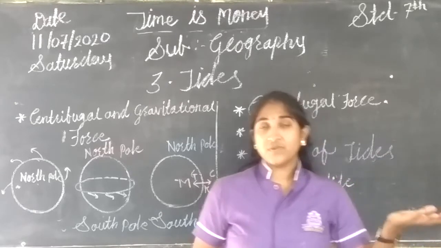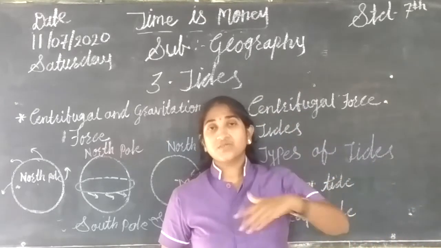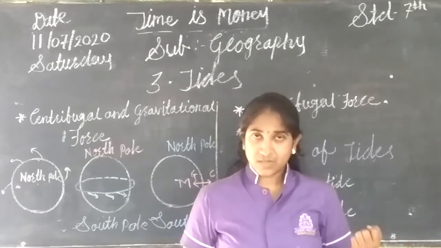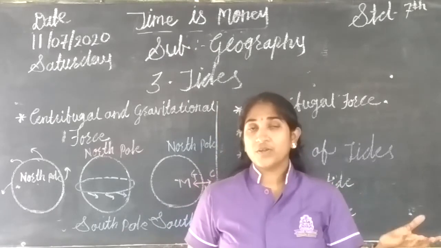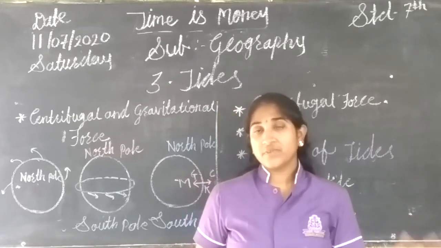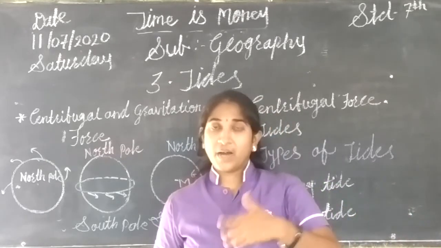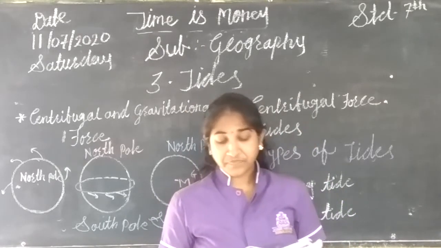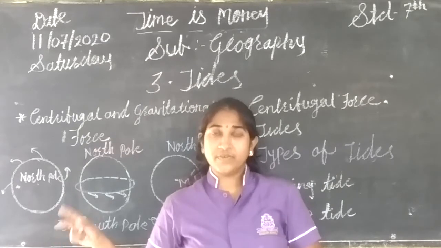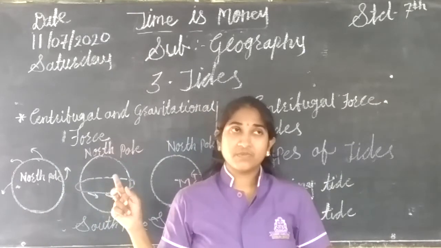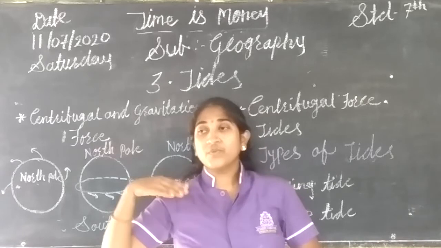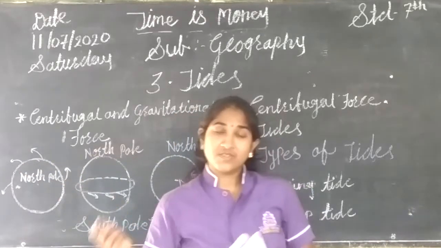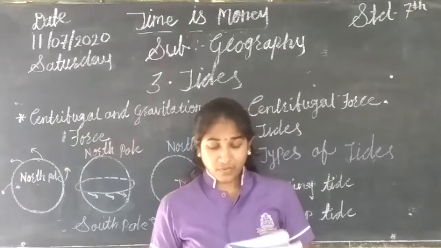What is the centrifugal force? That means it works totally opposite to the gravitational force. Gravitational force attracts things to itself, to the center. But centrifugal force keeps things away from the center. Like the example given of the local fairs. Whenever we go to the local fairs and the ride spins, then what do you observe, in which direction are you moving? You are moving to the outside, right? So that is also an example of the centrifugal force.